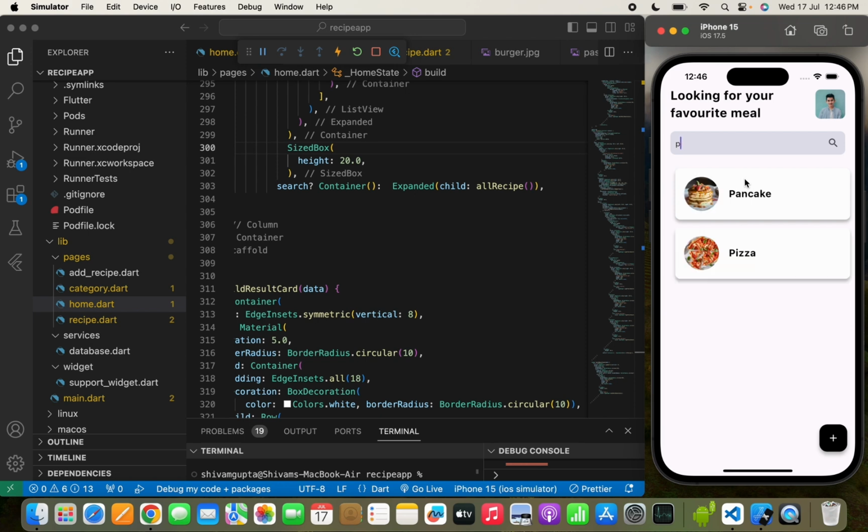And for an example, if I will just write p, then it will show me all that recipes that start with p. So here you can see the result like pancake and pizza. So now if I type I, then it will show me pizza. Now if I type A, it will show me pancake. So you can see that this is what we needed for our search bar to be working, and it is working brilliantly. Now when I tap to any of the food items, or you can say recipe items, for an example, if I tap to pizza,